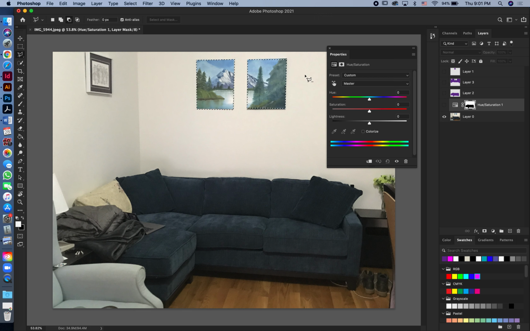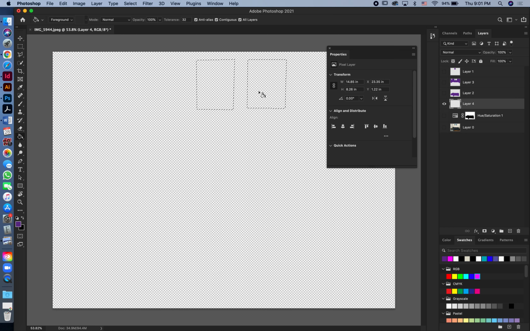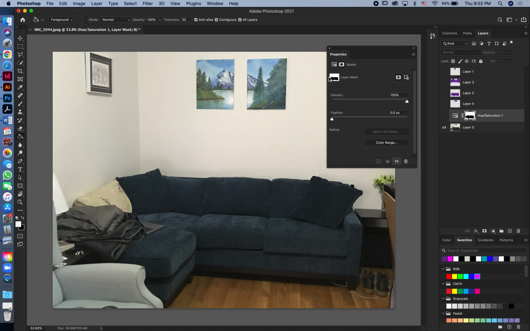So I've just selected them. Now I'm going to inverse that selection. I'm going to turn this hue saturation layer on. Actually, first let's undo that. I just want these paintings. So I'm going to make a layer, and I'm going to fill that in, turn that off, fill these in, deselect. And now that I have that as a selection option, I'm going to fill this layer mask in with white